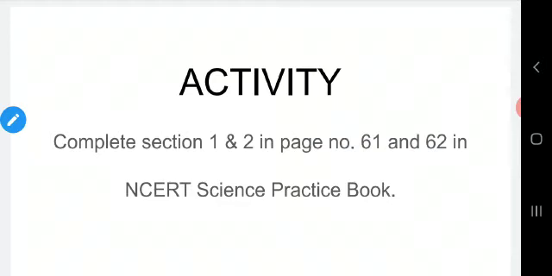In section 2, definitions are given. You have to write the definition for a mixture. A mixture contains 2 or 3 substances. Then winnowing. The third one you can leave. I will tell this third one in the next class. You can write the definition of the first one and second one, and the differentiations. All that we have discussed in the class. So refer to the textbook and write the appropriate answer.